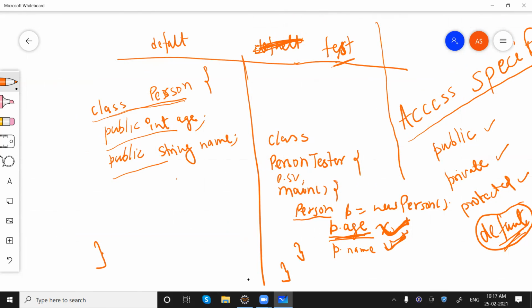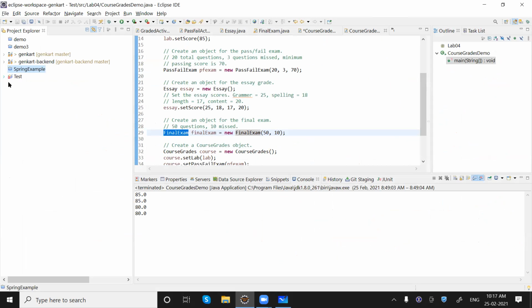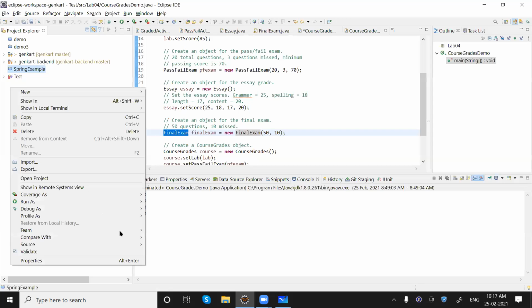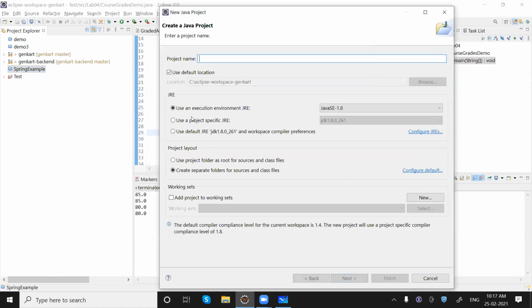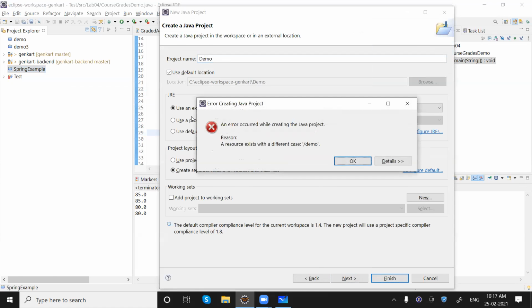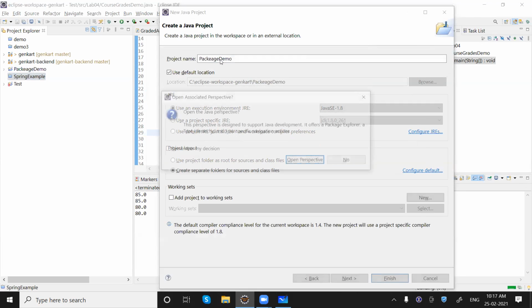Let me just demonstrate this. Before moving further, let's understand what a package is. I'm creating a new project. We already have a package demo. Package demo I'm taking.